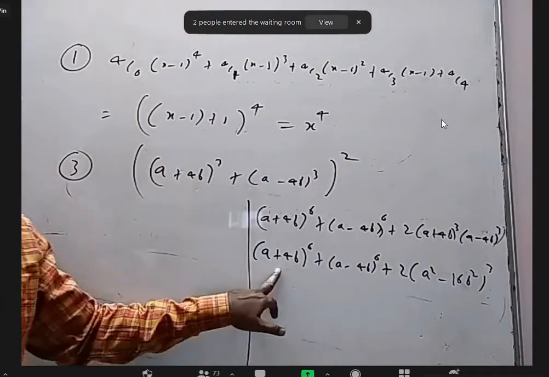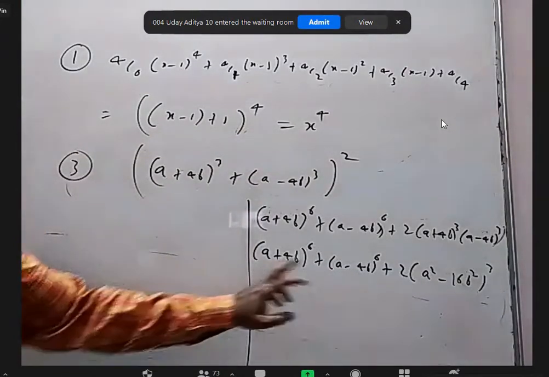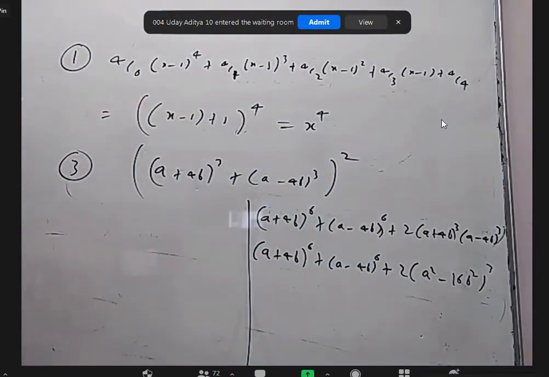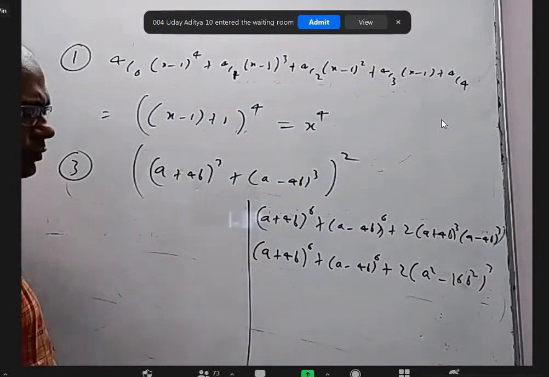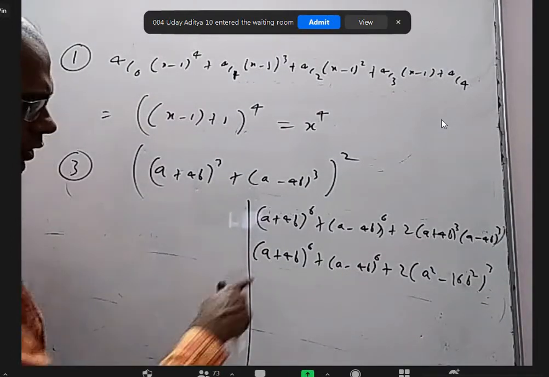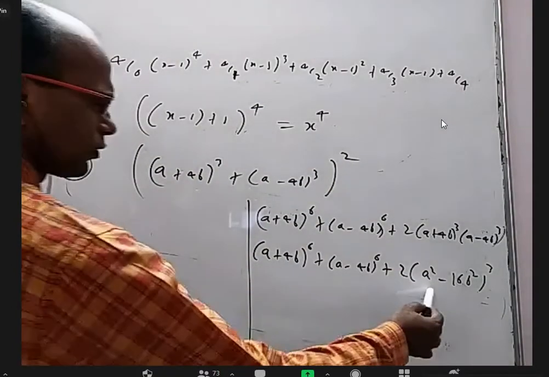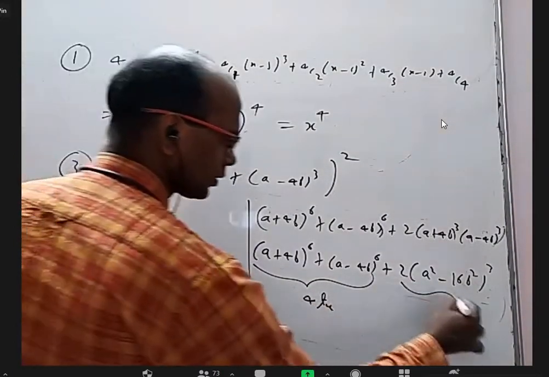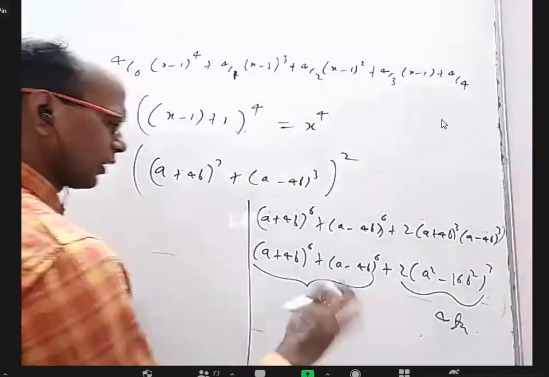Of course, when I expand this, 7 terms will come, expand this, 7 terms will come, and the common ones sometimes will get cancelled, sometimes will add up. Finally, I think this will give 4 terms only. But this also may give the same 4 terms, similar 4 terms. So one should not think these are 7 terms, these are 7 terms, total 14 terms. No, some will cancel, some will add up. And here if you get A power 6, here A power 6, we can combine them. I think this is not going to give any new terms. So this will give you 4 terms and this will give you 4 terms, and both are the same: A power 6, A power 4 B square and all that. So finally it is 4 terms.